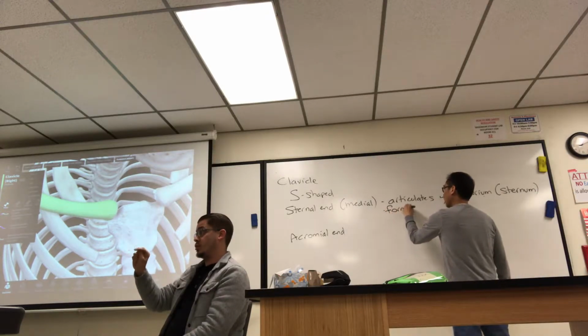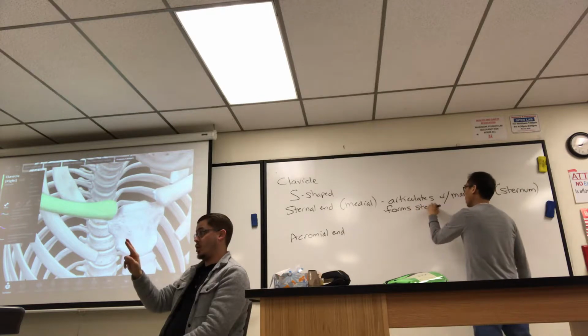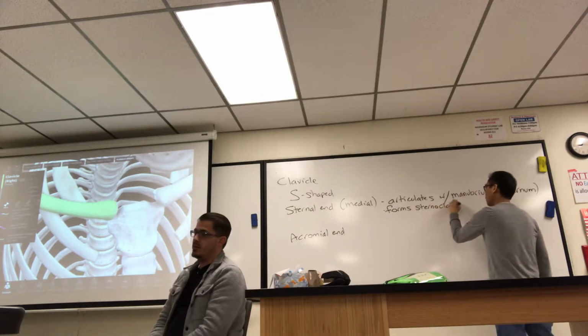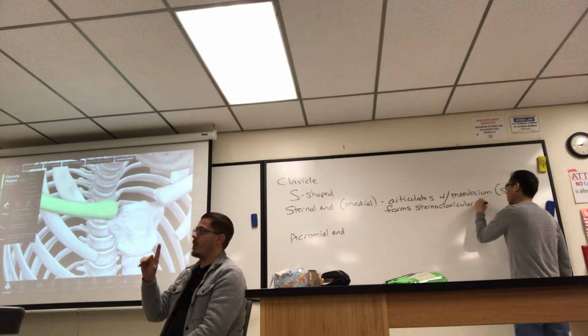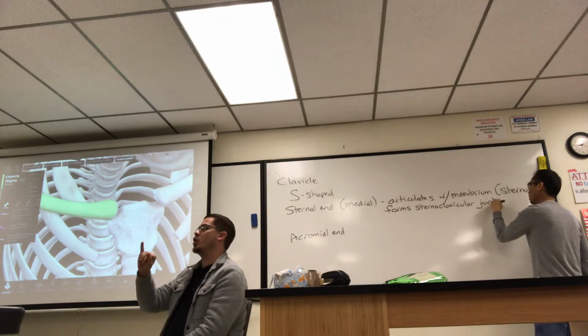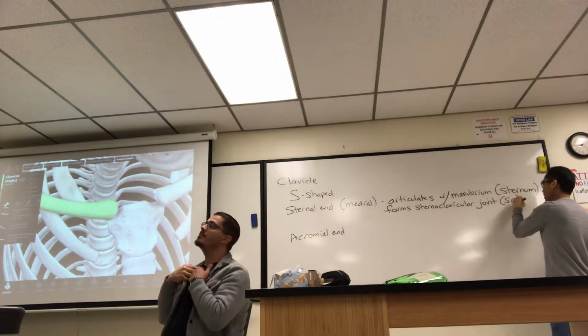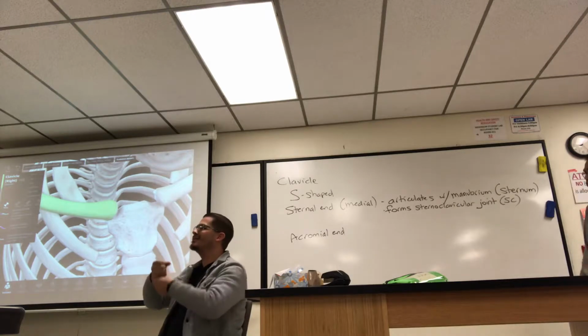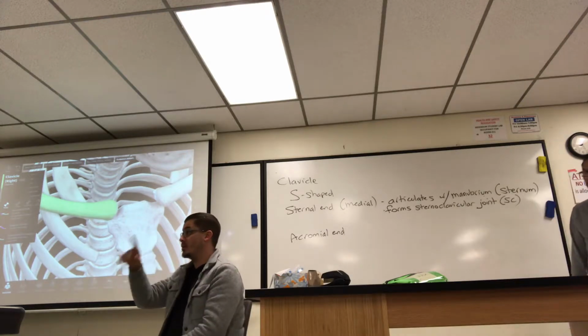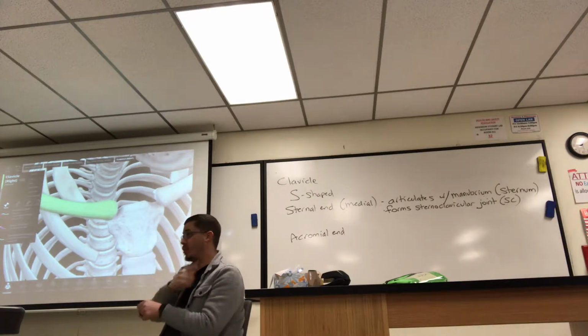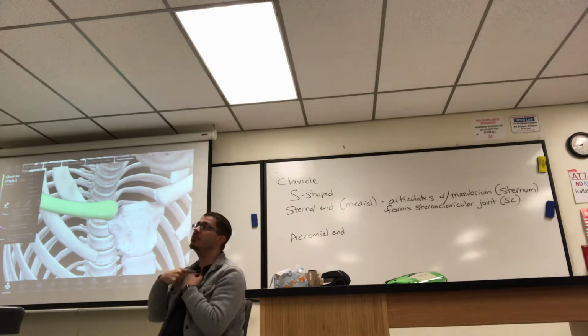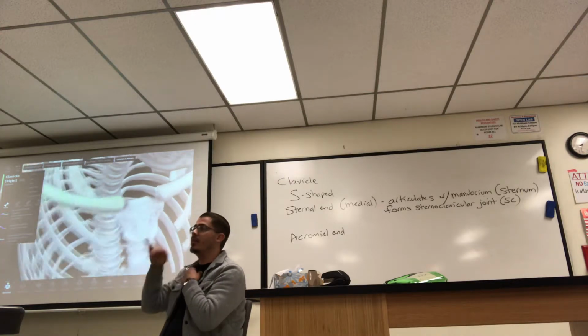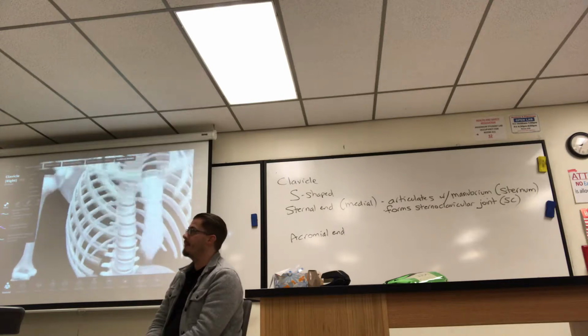Sternoclavicular joint. Sometimes I just may say SC joint for short, but you should know how to spell that out, sternoclavicular joint. So it's the articulation of the upper limb to the trunk. And that bone,